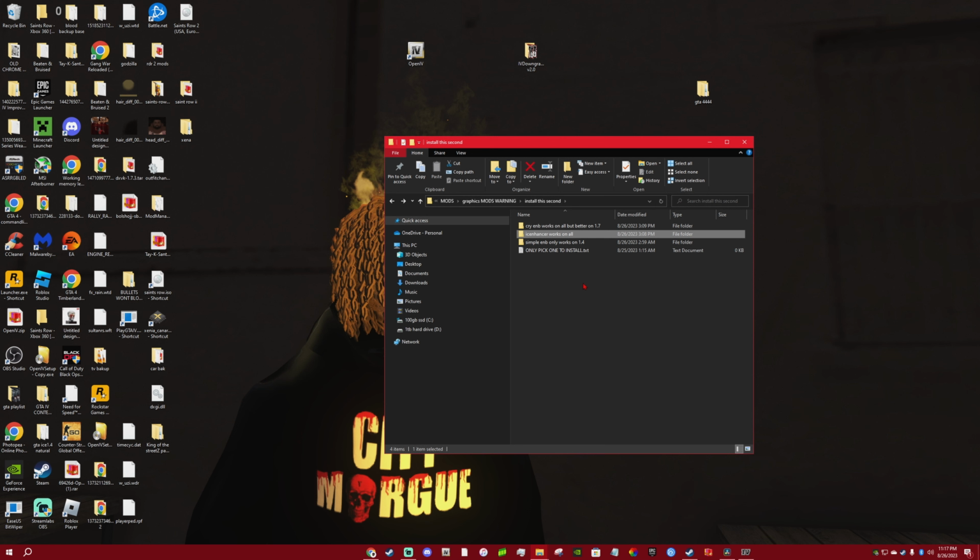1.04, that version of GTA is the best looking version, but that is the version that you can use the least amount of mods on. So I don't recommend playing on that version for fun. If you want to go in and mod it just to see how nice it looks, then that's cool. But if you're going to actually play on it and constantly mod it and look for different things to add, I wouldn't use that version. I would use 1.7 or 1.8 because those are the versions that are compatible with most mods like Liberty Rush and things like that. The big mods, the mods that really enhance the gameplay.